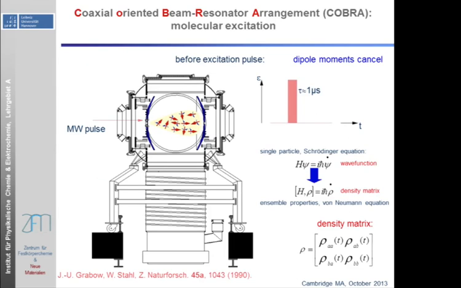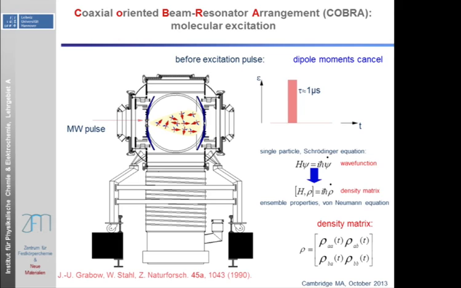So this is basically the instrument we have. It's a big spherical chamber with a large diffusion pump that enables us to operate at a repetition rate of 20 hertz. It's an emission or coherence technique, schematically described like this. We first introduce a molecular jet in our chamber. Molecules, after supersonic jet expansion, rotate in an incoherent fashion. Then we introduce a short microwave pulse. We treat this as an ensemble, not as individual molecules, so a more appropriate way to describe this quantum mechanically is to use a density matrix rather than a single particle wave function.